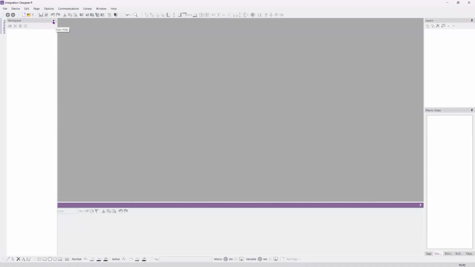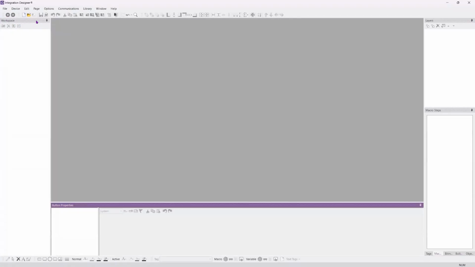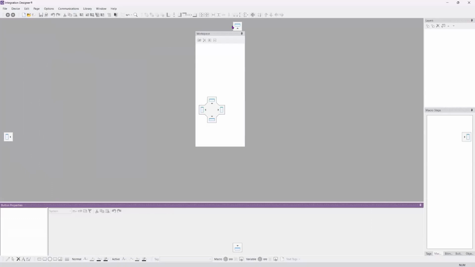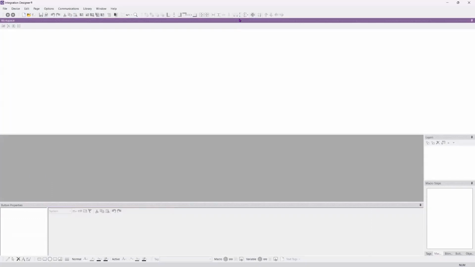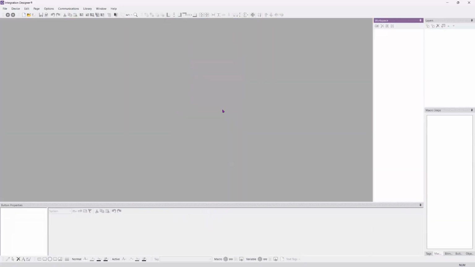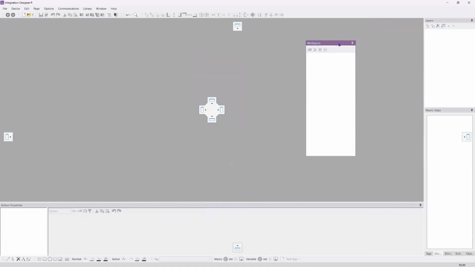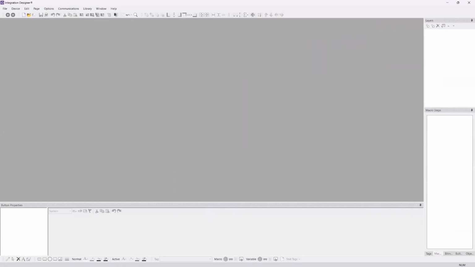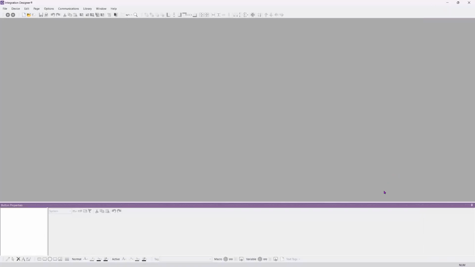If you want to pin it in its location or essentially turn that off, you certainly can by just pinning down. You also have the ability to move these windows. So if I want to snap it to the top, I could snap that one to the top. If I wanted to snap it to the right, I could snap it to the right. If I wanted to take this and put it on a completely different screen, and I've got 3 different screens that I work on here at my desk, I could pull it all the way over and have all of these windows essentially on a completely different screen if I so desired,